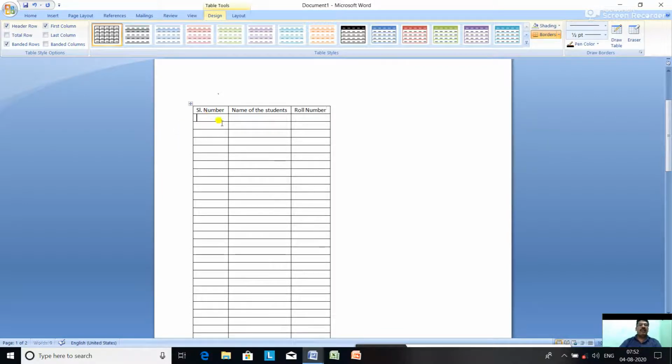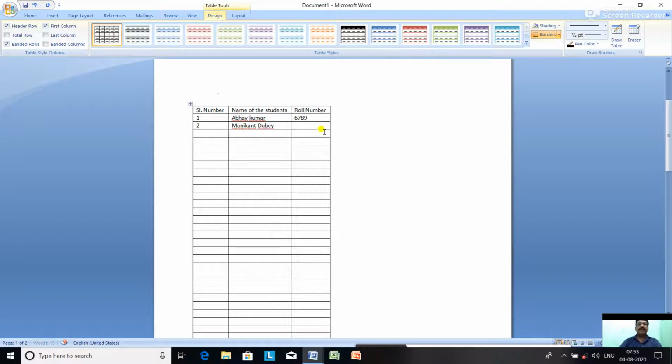Now come down, and write serial number 1. In the name column, type any name, suppose Abhay Kumar. Go to the roll number column, you can type any roll number. In the same way, serial number 2, name, any name, suppose Manikant Dubey.